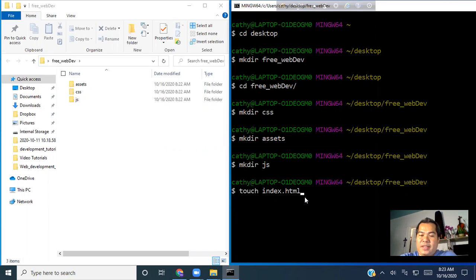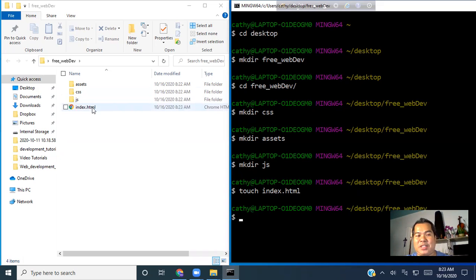.html is just an extension to create an HTML file. Okay, now I see the index.html file has been created. If we check